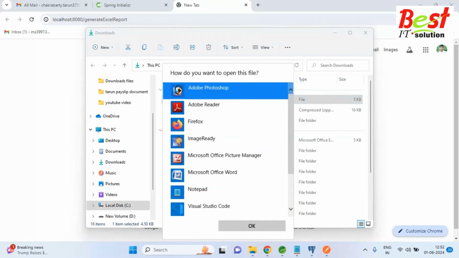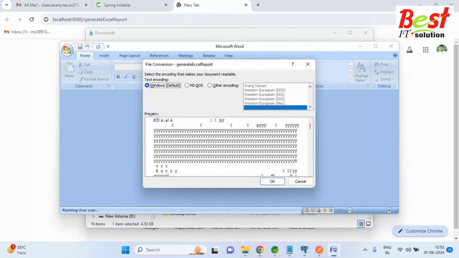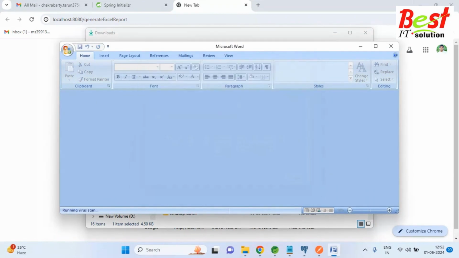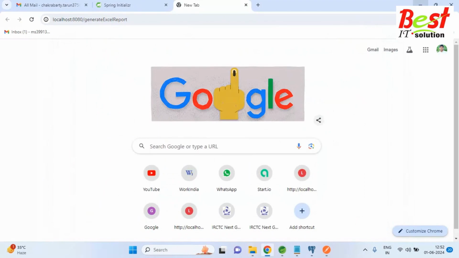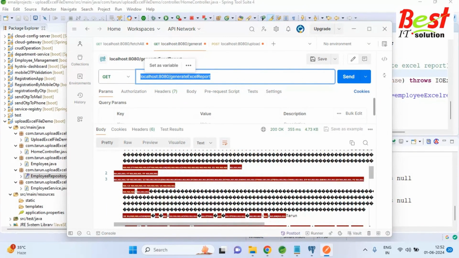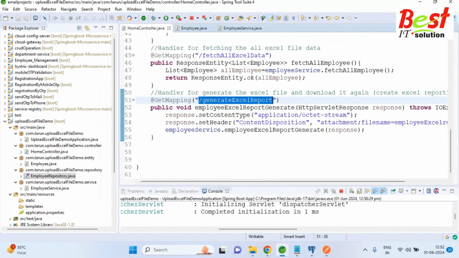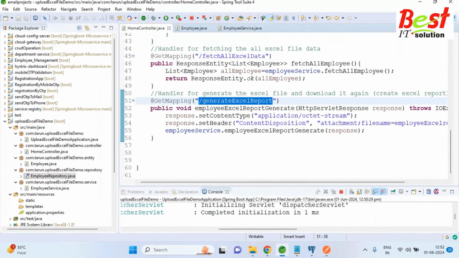It is not opening actually. Yes, it has already downloaded the file. Just generate Excel report and the attachment file name is